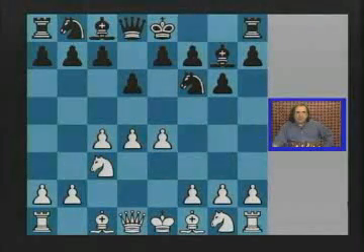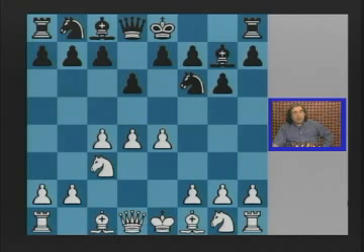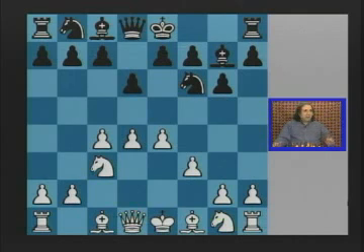Samisch variation was very popular for many years, and it's still popular today, not as popular as earlier, but you can see a lot played in the tournaments. F3 in this position defines the Samisch variation. There are a lot of different ways to play against the Samisch variation, and I don't want to go to the most